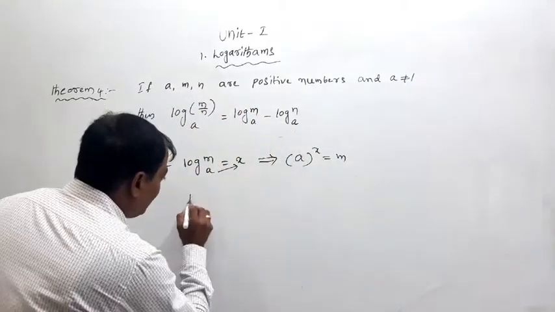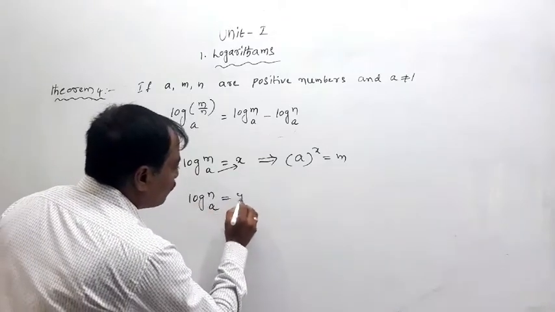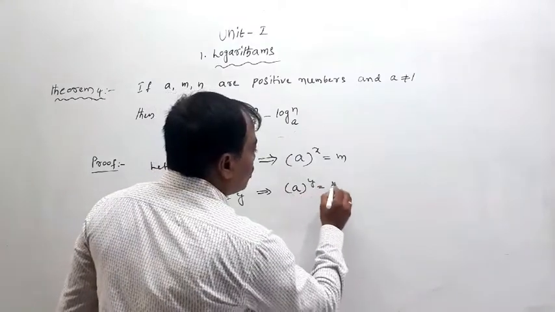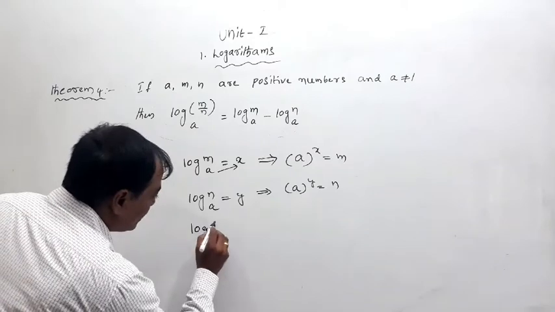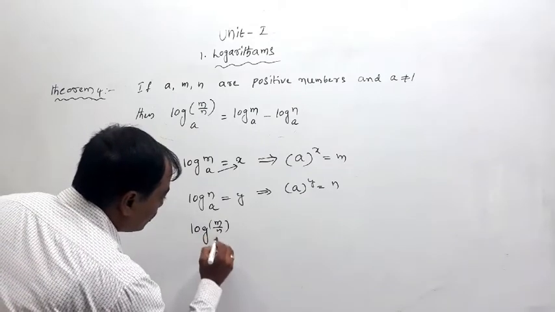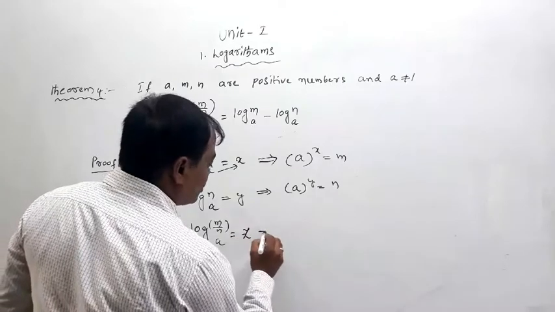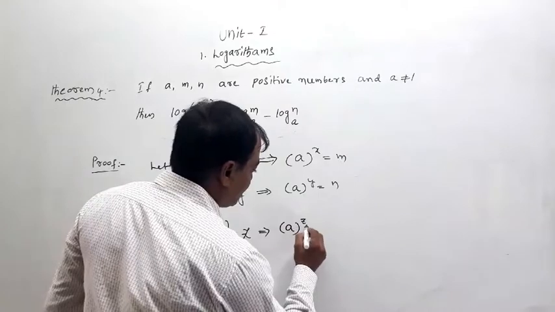Similarly, assume log n to the base a equal to y, which implies a to the power of y equal to n. And the left hand side logarithm, log m by n to the base a, equal to z, which implies a to the power of z equal to